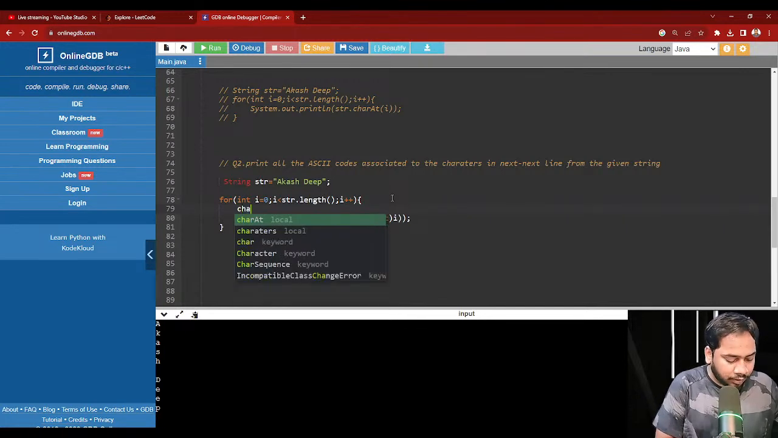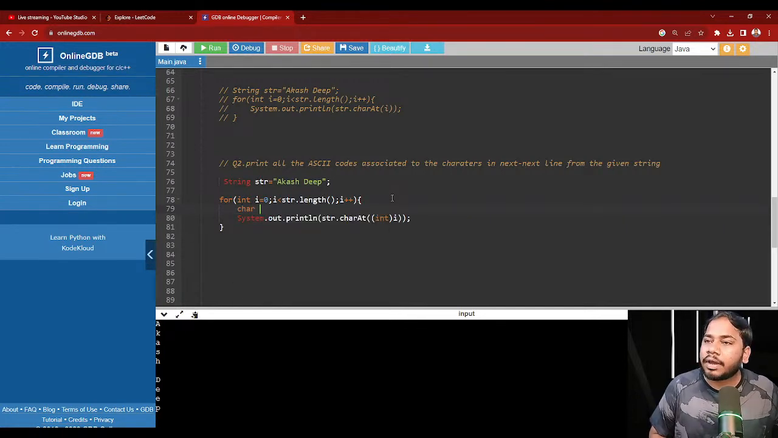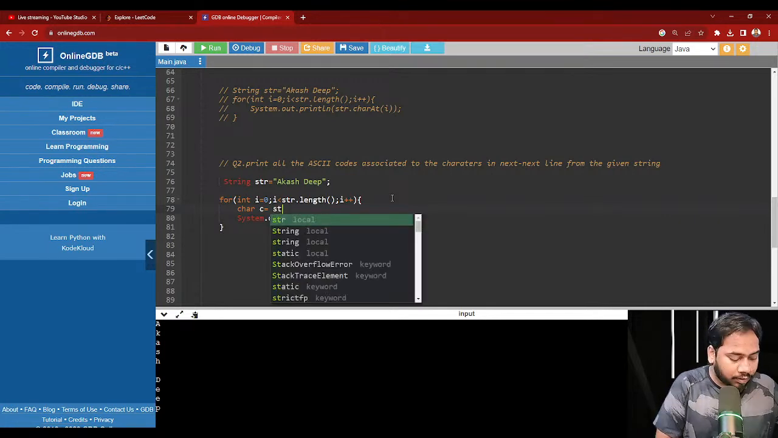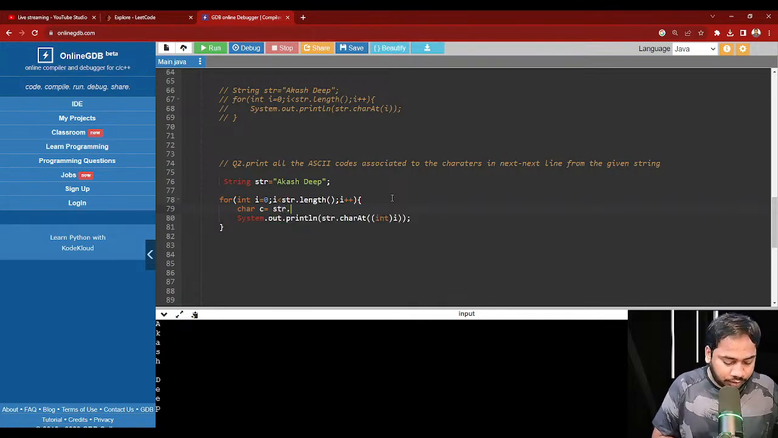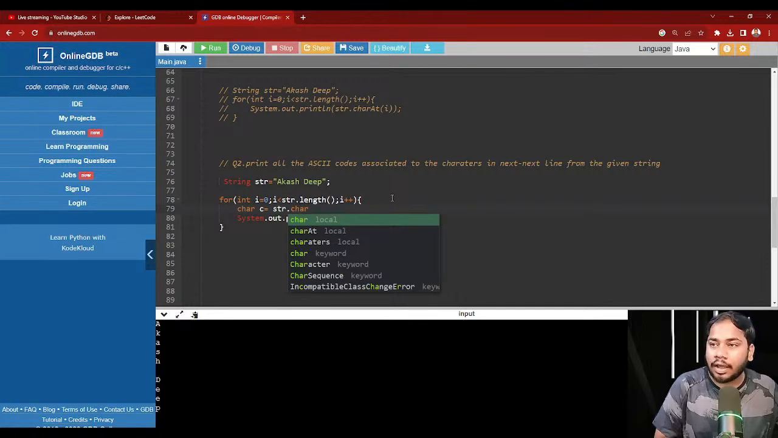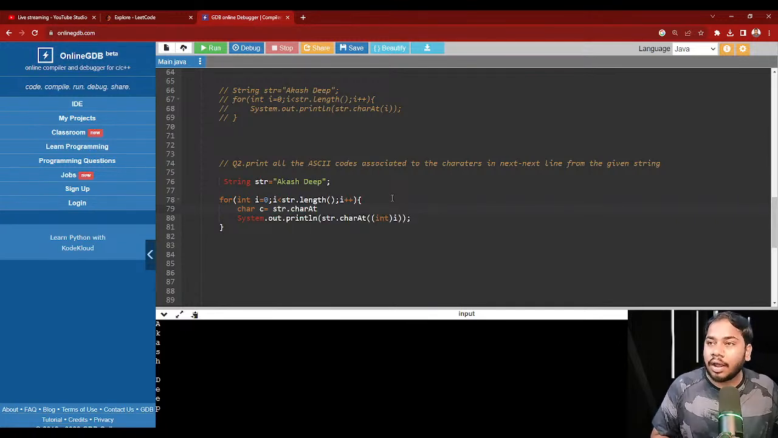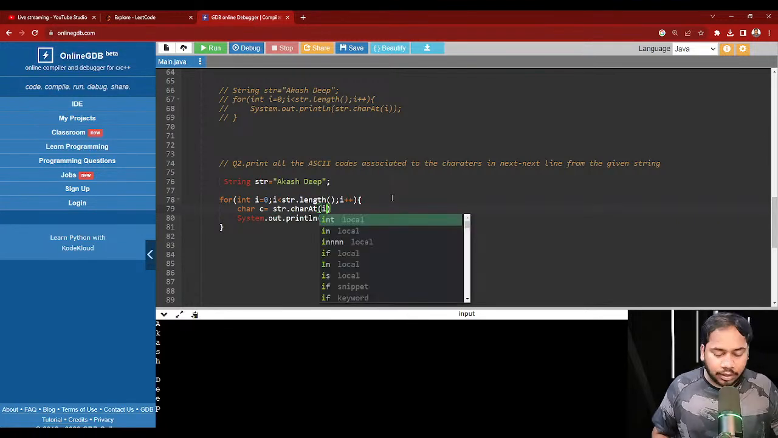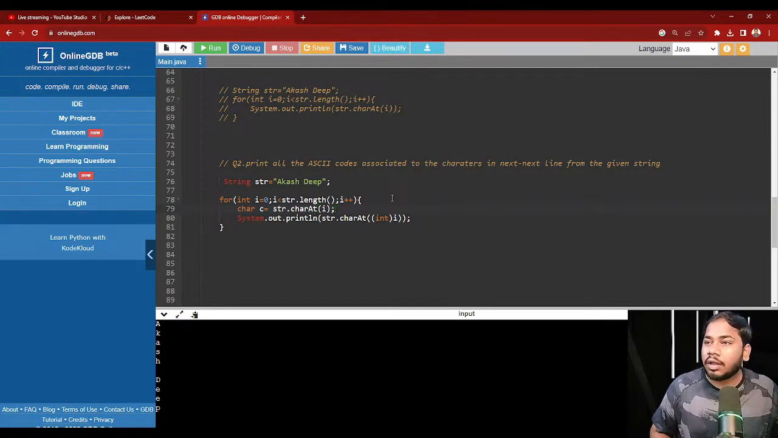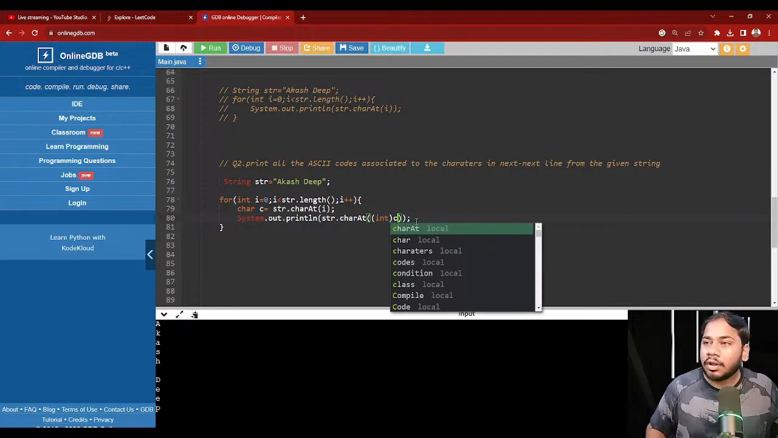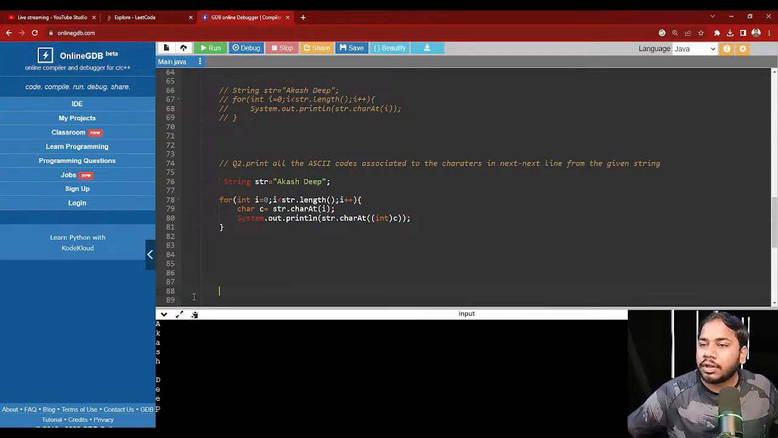Wait, we have a character. We have a character C. Suppose in that we are writing str.char at I, but this should not change anything. There is some issue in the